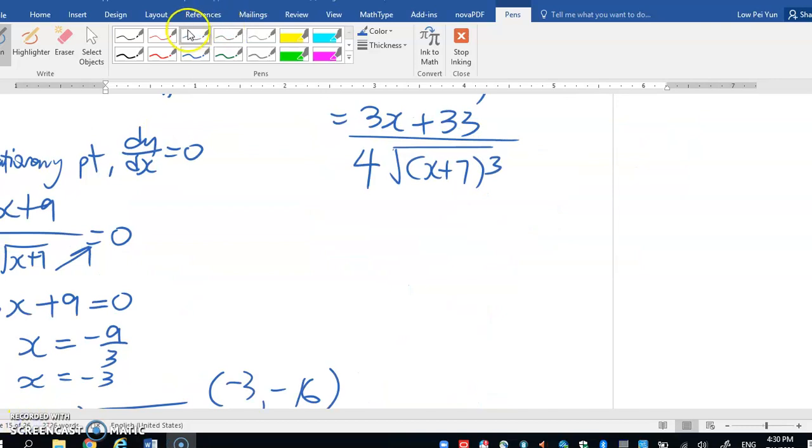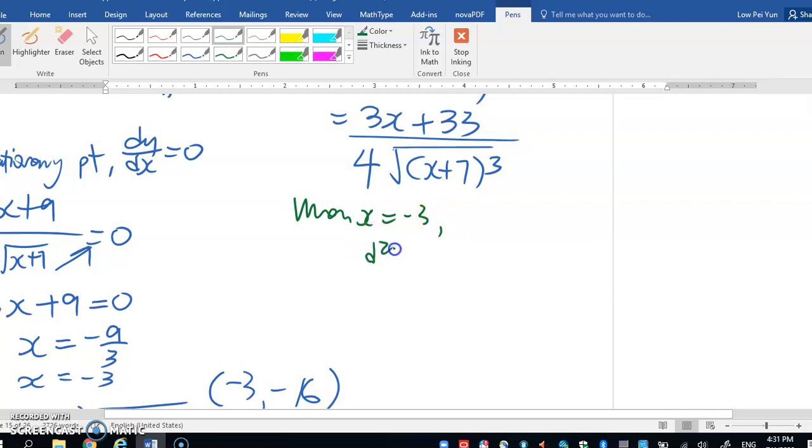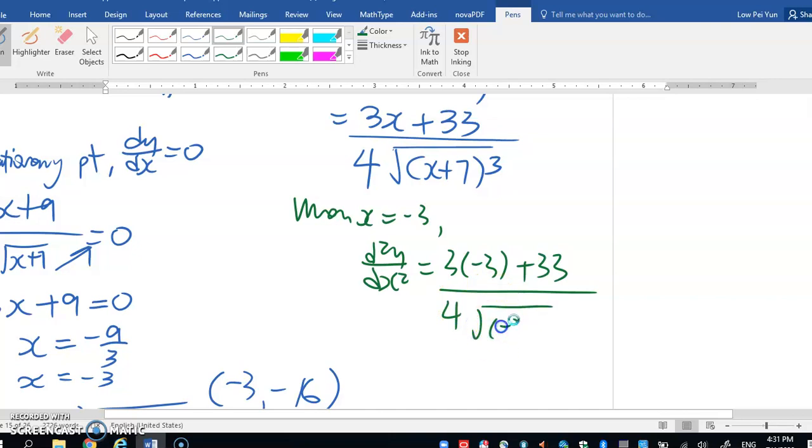So now let us determine the nature when x equals negative 3, right? When x is equal to negative 3, let me substitute this into d2y/dx squared. I am going to get 3 times negative 3 plus 33 is equal to 4 square root of (negative 3 plus 7) whole thing cubed. I'm so grateful that I have negative 3 plus 7 because it is